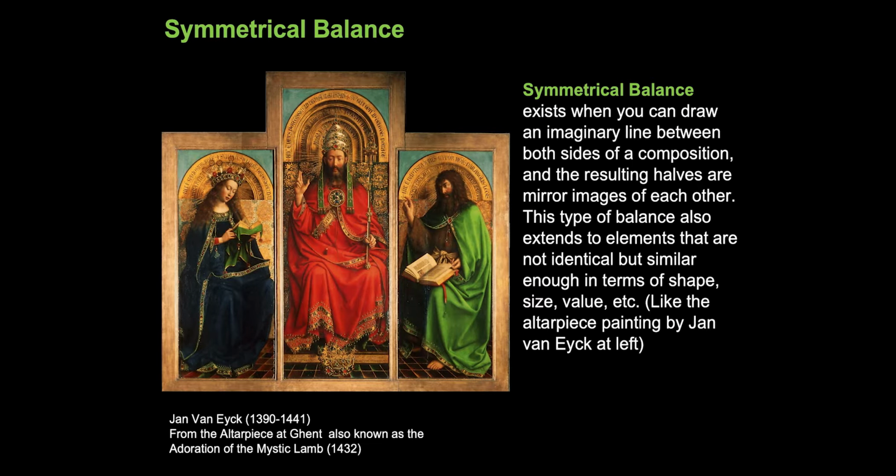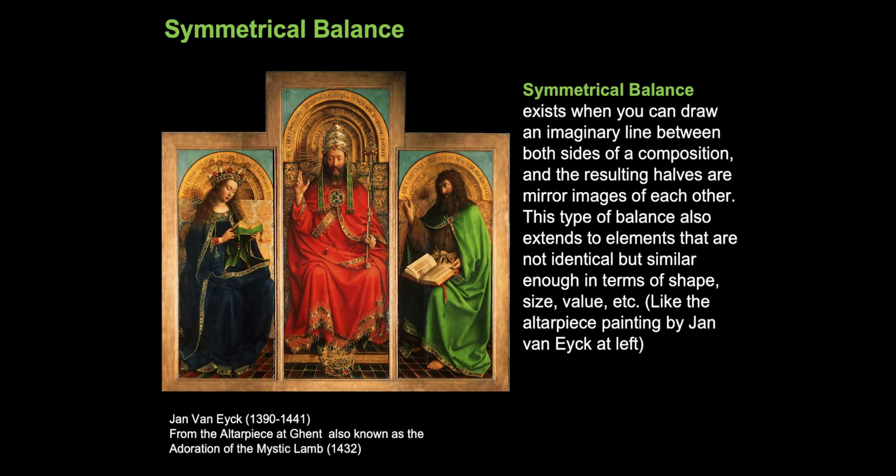Symmetrical balance, of course, exists whenever you can draw an axis right down the middle of a work and have the 2 halves feel as if they are more or less identical. Now here they're not completely identical, right? But you still feel that this is almost like a scale, right? With the 2 items on each side weighing the same, and even the canvas here even being shaped the same way on each side. This altarpiece is by Jan van Eyck, and a wonderful painter who, if you take my